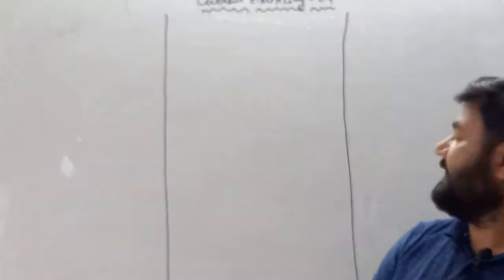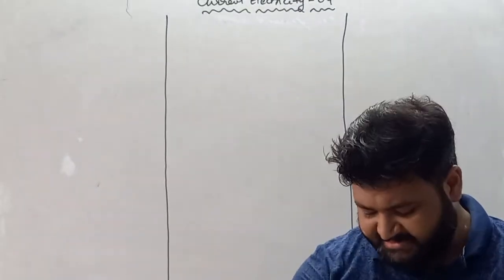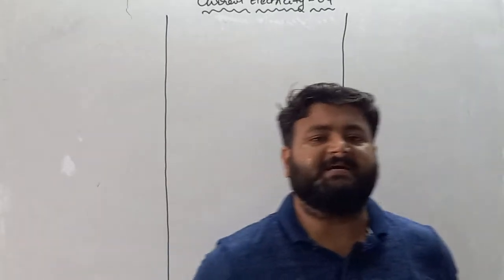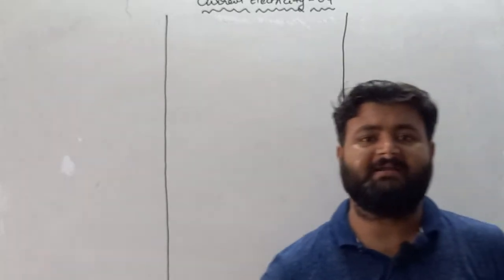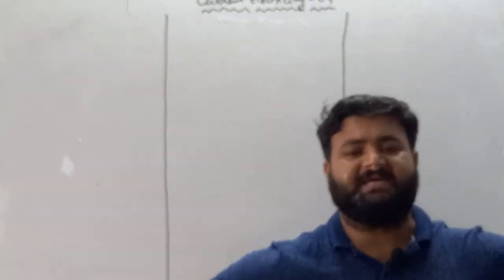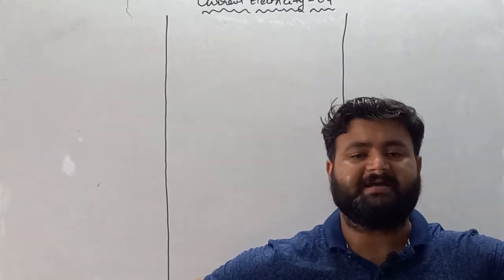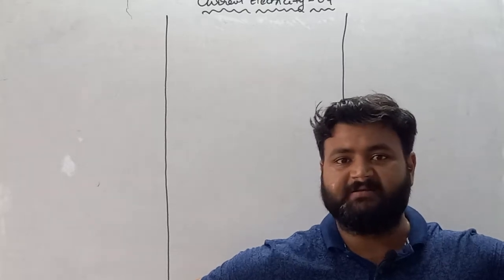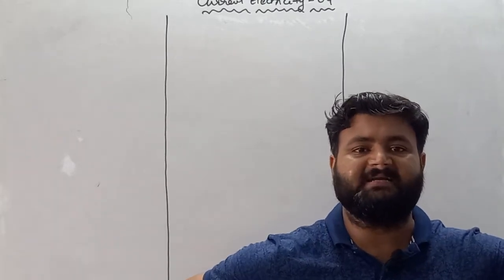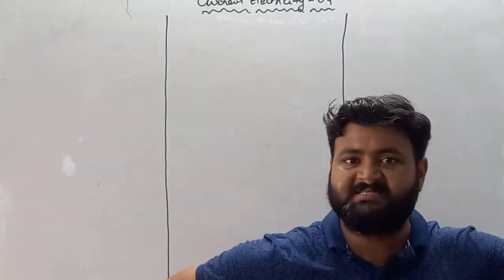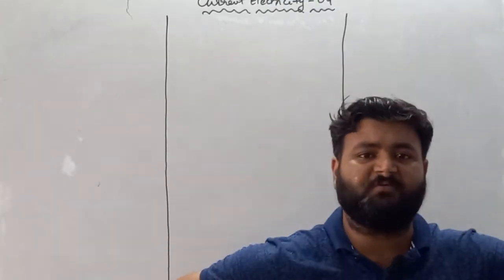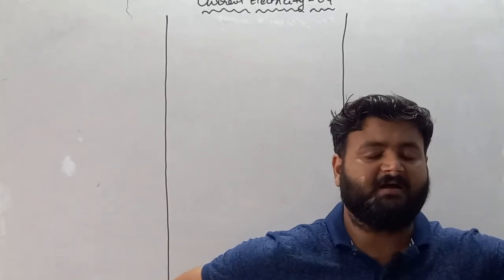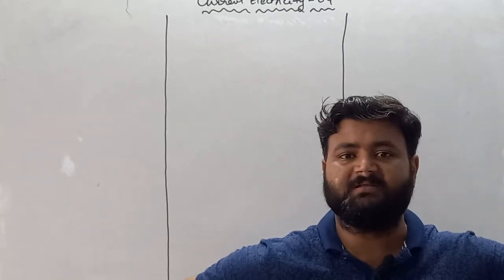It's your fourth lecture, my dear student. In the last lecture we discussed Ohm's law. What is basically Ohm's law? That is V equals IR, and in Ohm's law we say potential is directly proportional to current. As potential across the conductor increases, the current also increases. And lastly we got the relation: across a conductor of resistance R in which current I is flowing, if the potential across the conductor is V, then according to Ohm's law V equals IR.